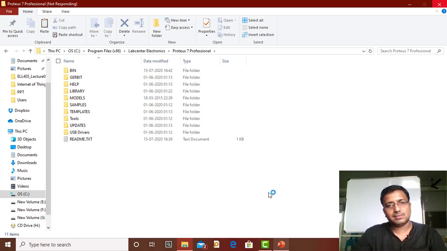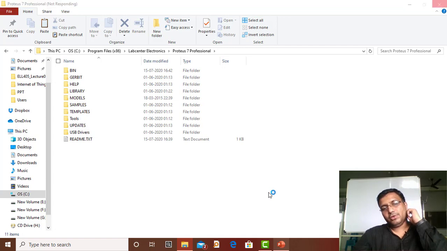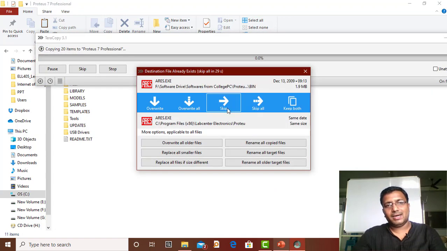So click on yes. Once you hit yes, it starts copying, but again it shows a warning that the destination file already exists. When this warning appears, you need to click on overwrite all files. Don't forget to do this, otherwise it will not replace the pre-installed folders with the cracked folders. So overwrite all. I have installed TeraCopy, that's why my window looks like this.